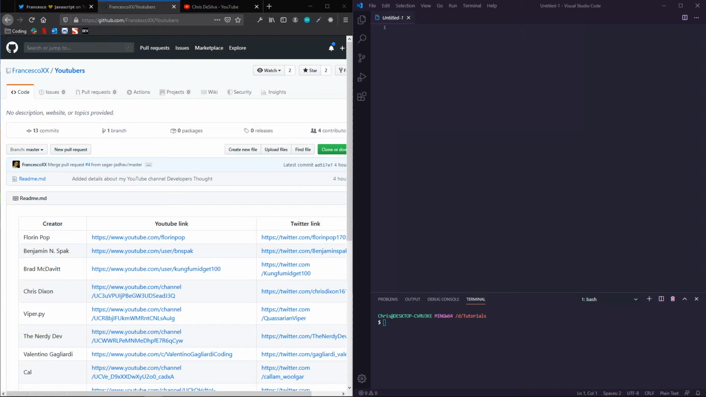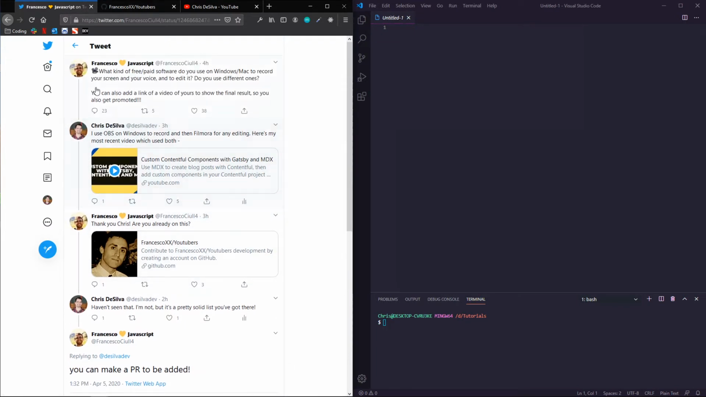This is helpful if you are trying to contribute to an open source project, or if you're collaborating on a project at school or at work. You'll need to be familiar with this flow, and once you do it once or twice, you'll get pretty familiar with it. So this all started when I saw a tweet from Francesco JavaScript asking